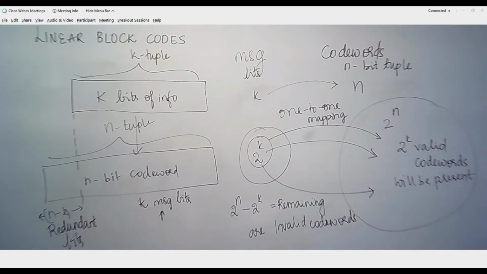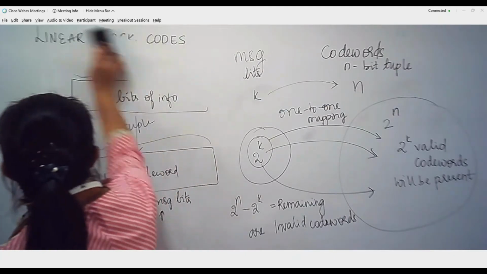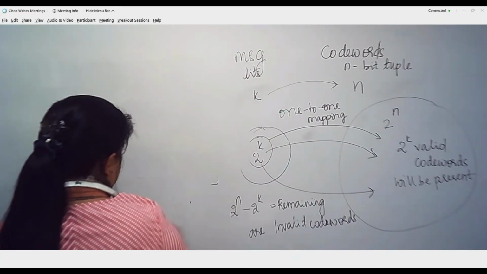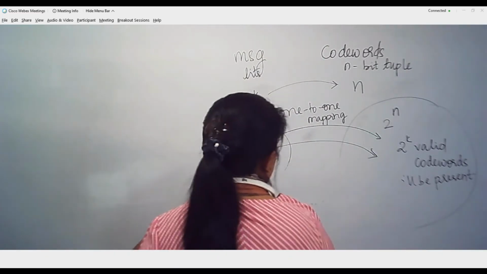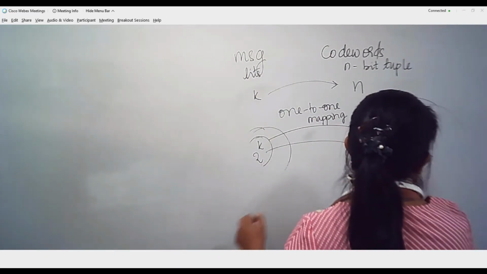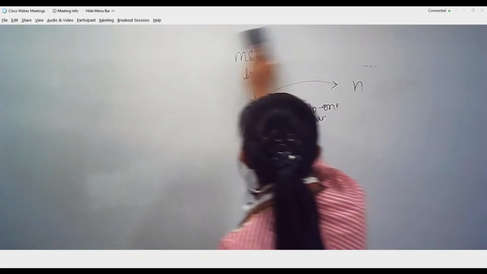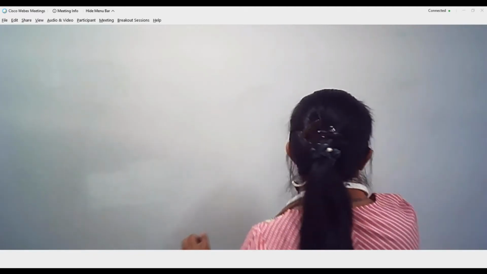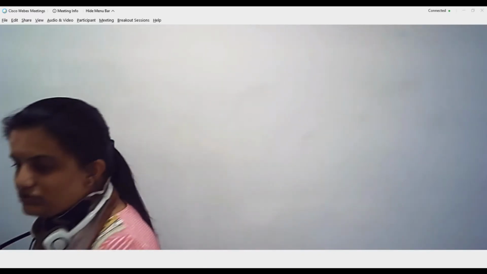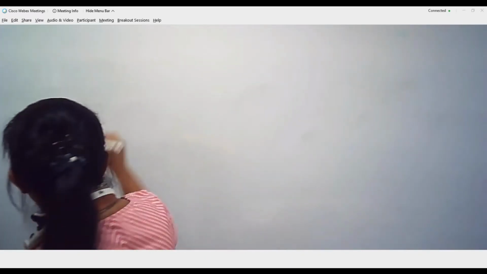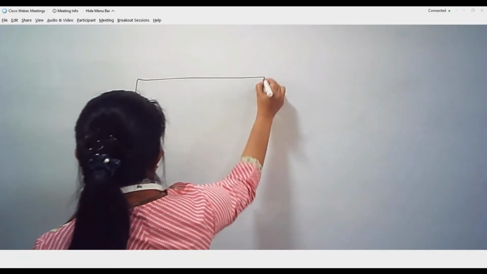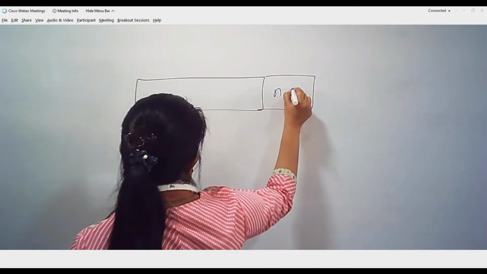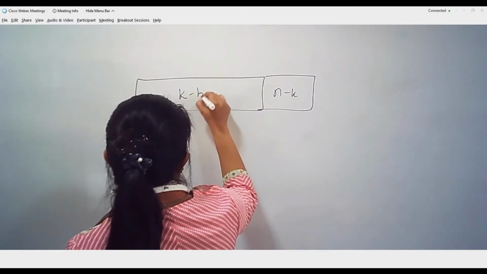As I said, whenever we are appending the redundant bits to the information bits, we can append them either at the beginning of the code word or at the end of the code word. That means one of the positions is fixed. If you are using the beginning throughout the complete message transmission, the redundant bits will be appended at the beginning; that is totally up to you.